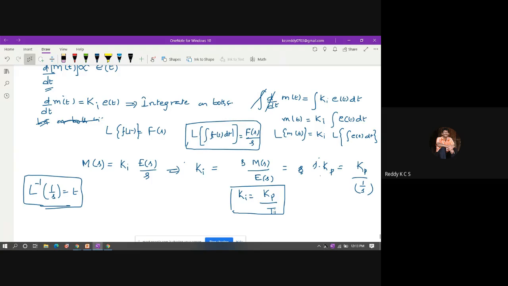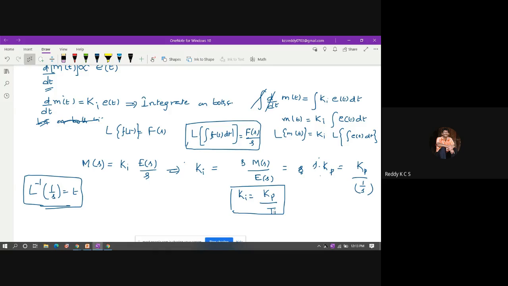So what is this integral controller going to do? As we told, it can be used in changing load conditions as well, and it can reduce the error also. Generally, with the characteristics of this controller, the error is going to be zero when the output remains at a fixed value. So this is about the integral controller.